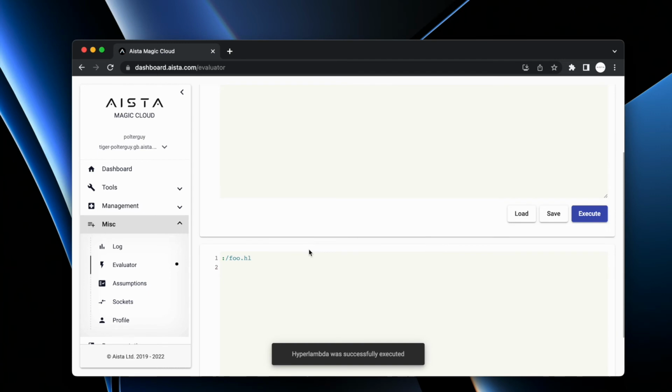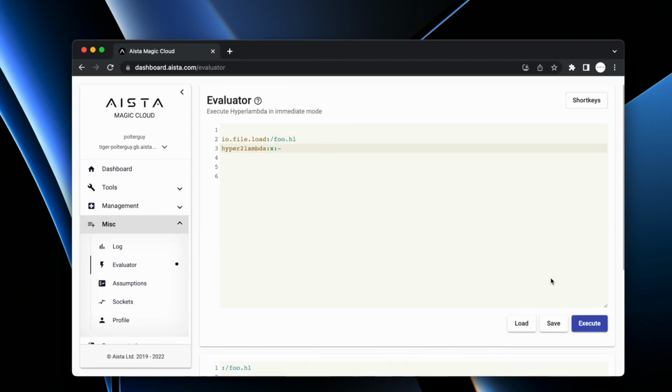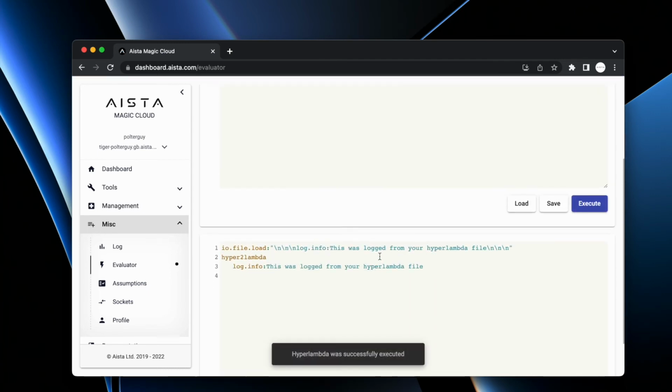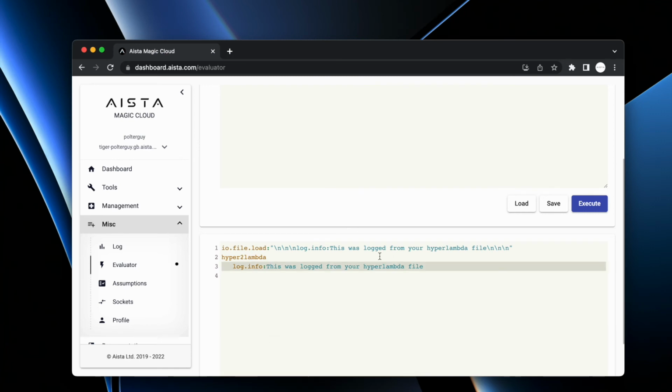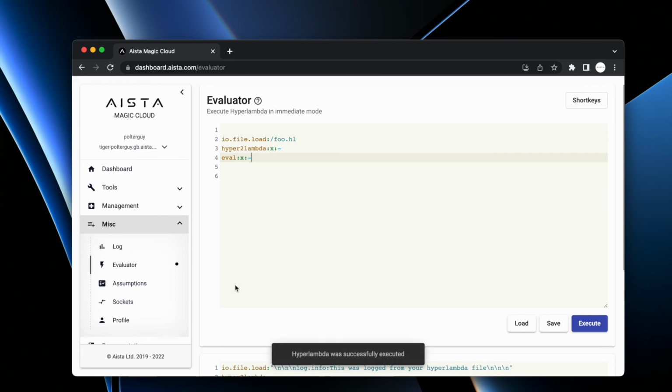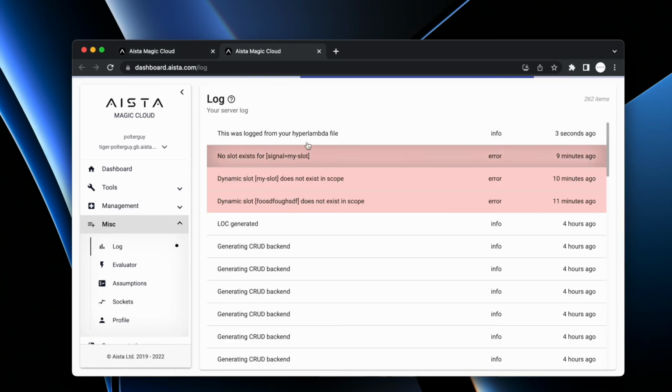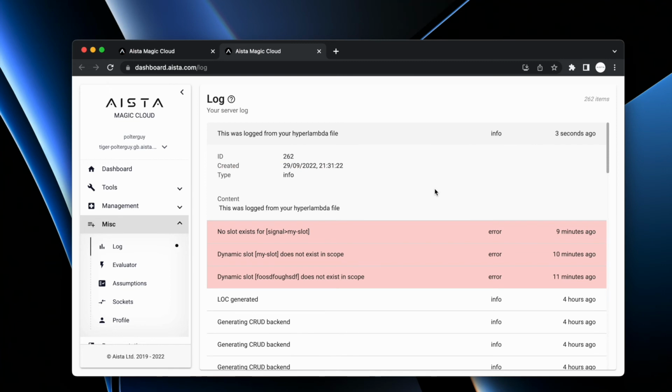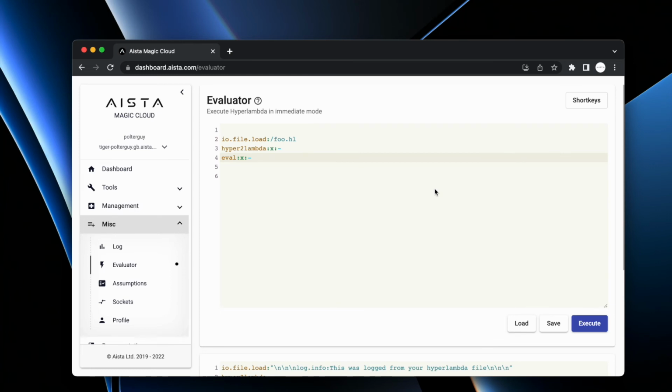If we now execute this, you will see that it's actually returning the Hyperlambda from the file, and then it's transforming it into a lambda object. Now we can do eval :x minus, at which point if we execute the code, then we open up our log in a different window, we will see this was logged from your Hyperlambda file. So we can basically take any piece of text and we can transform it into a lambda object and we can execute that. However, when it comes to files, actually Magic has a native interesting thing, which you can see